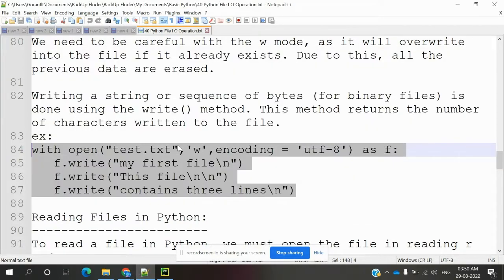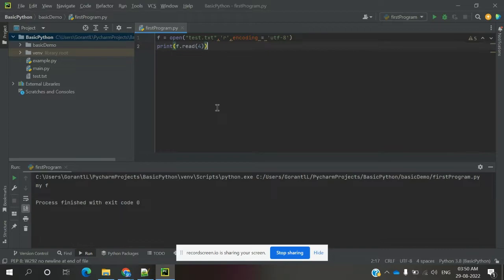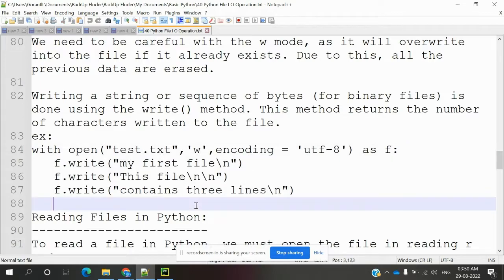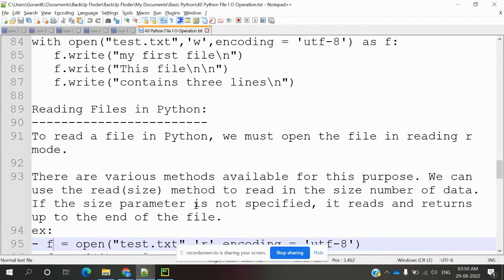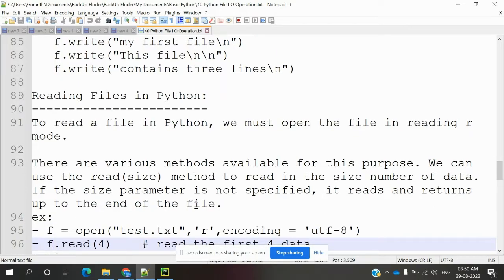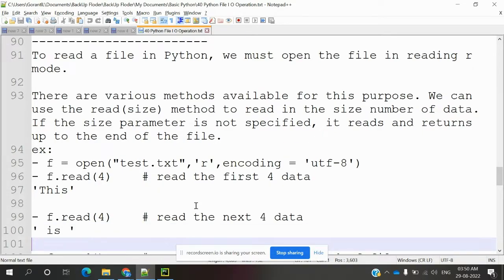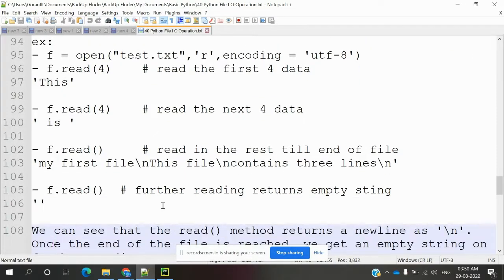I'm going to use this one and save it. Because I already have that file, by default it will update. And to read the value we updated, we need to use read mode. There are various methods available for this purpose. We can use the read size method to read a size number of characters, if the size is a specific value. I'm going to use f.read,